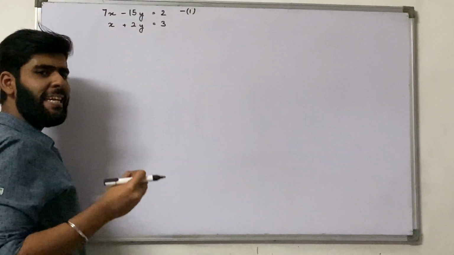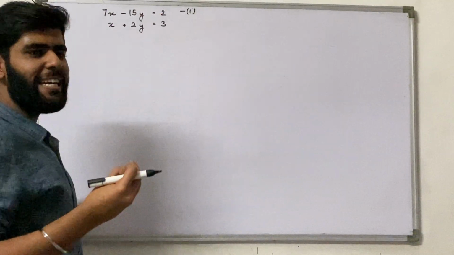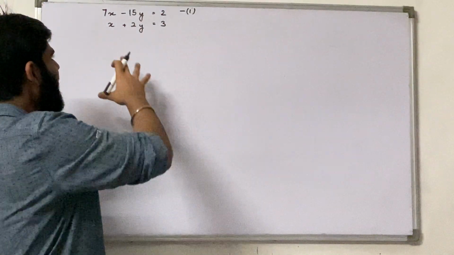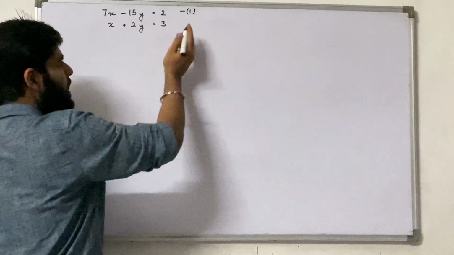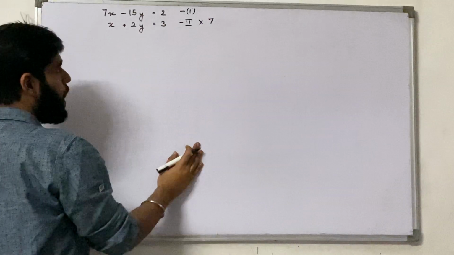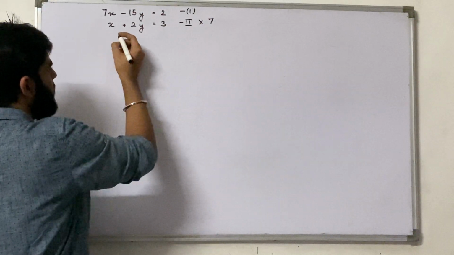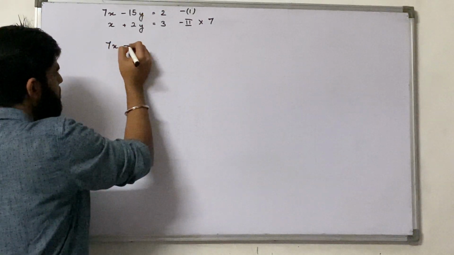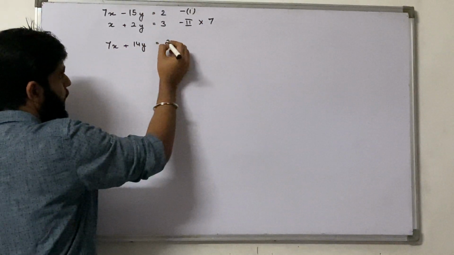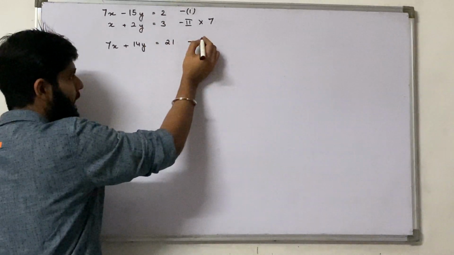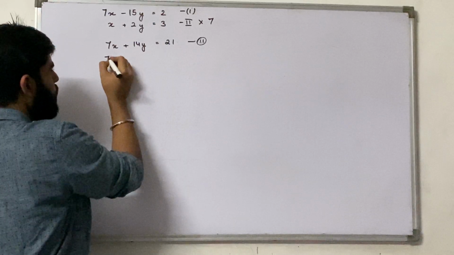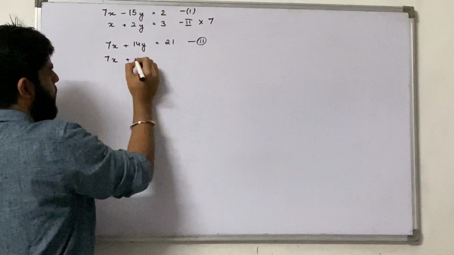In order to get rid of x, if I want to eliminate x completely, can I multiply this equation by 7? If I multiply the second equation by 7, what do I get over here? 7x plus 14y is equal to 21. This is our second equation. Now subtracting the first equation from the second,